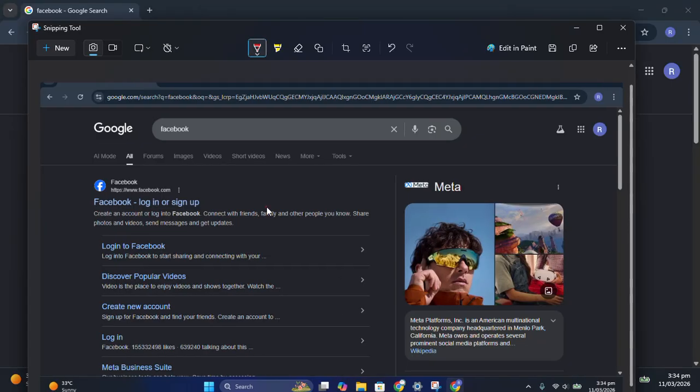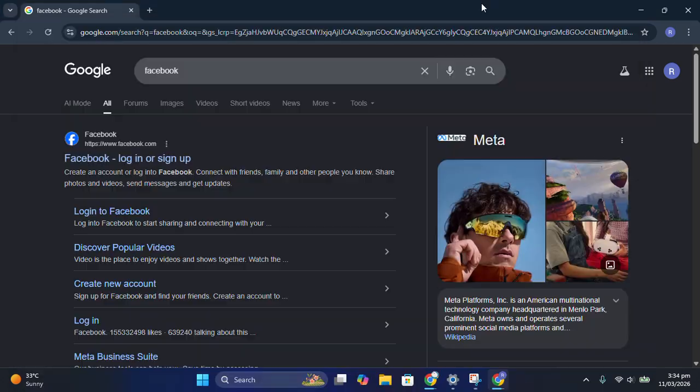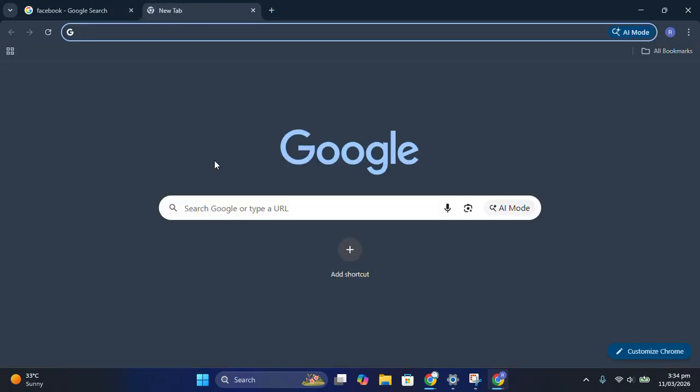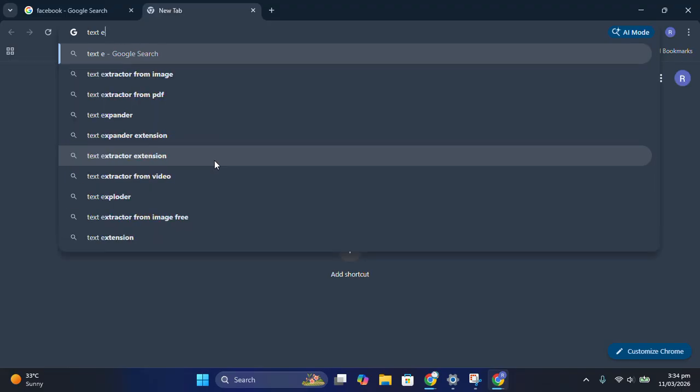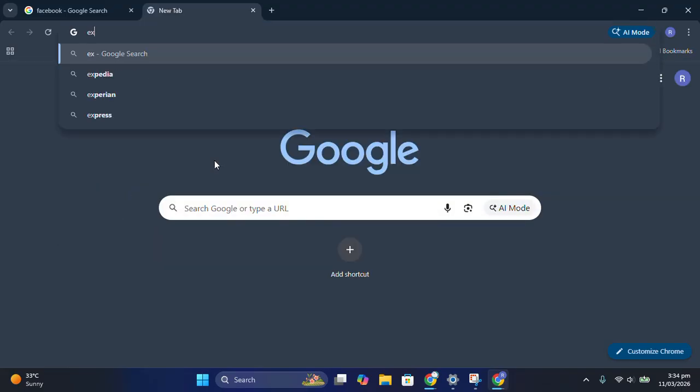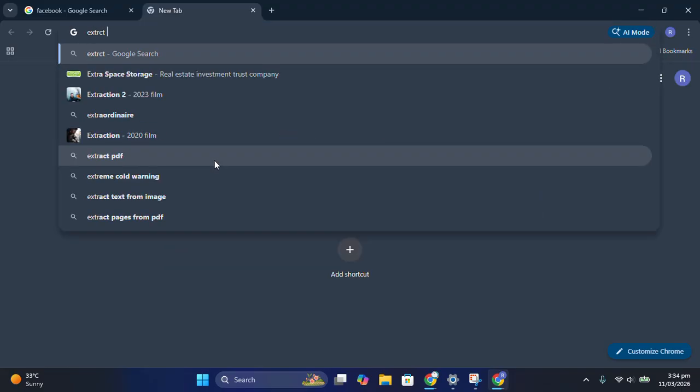So I'm going to copy this. Just press Ctrl plus C and your screenshot or pic will be copied, or you can also click on this copy option. Now once you have done that, you just have to open a new tab and search for text, or you can search for extract text from photo